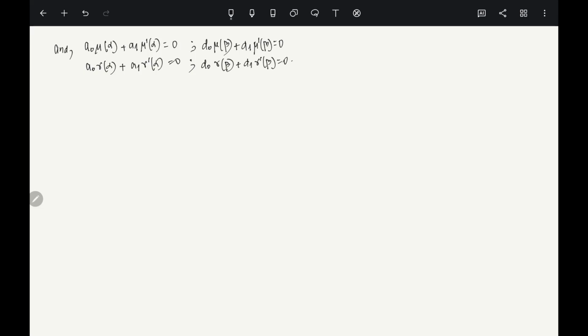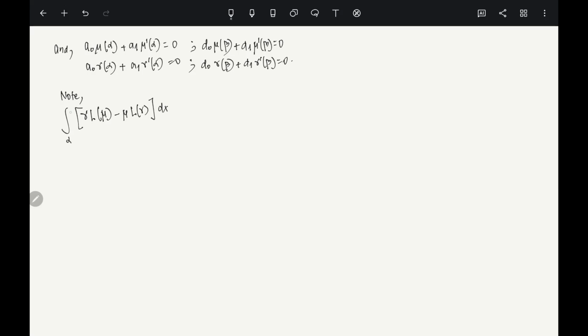Is it okay? So those two conditions are fine. Now you remembered we did that Lagrange identity, right? Exactly the same Lagrange identity, we are going to use it here. So what we are going to do is this. Note that if you have mu times L of gamma minus gamma times L of mu, yes, you remember we